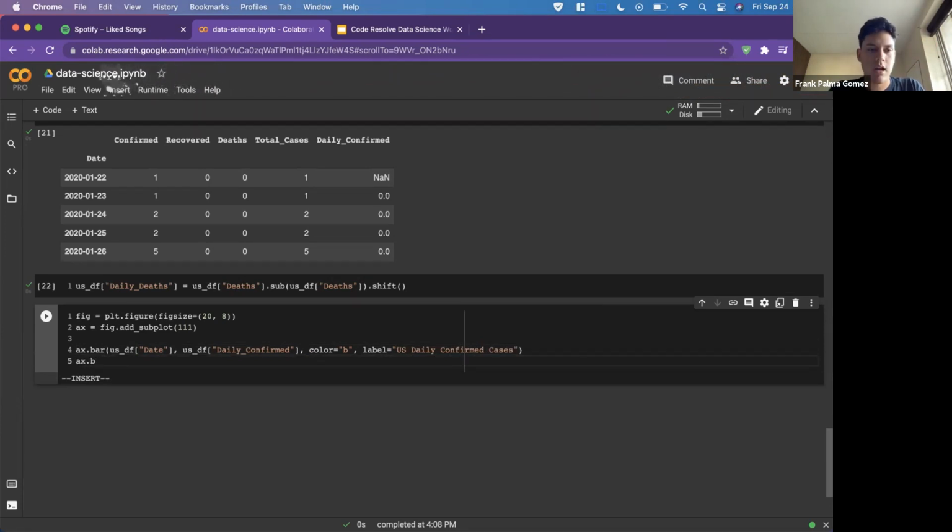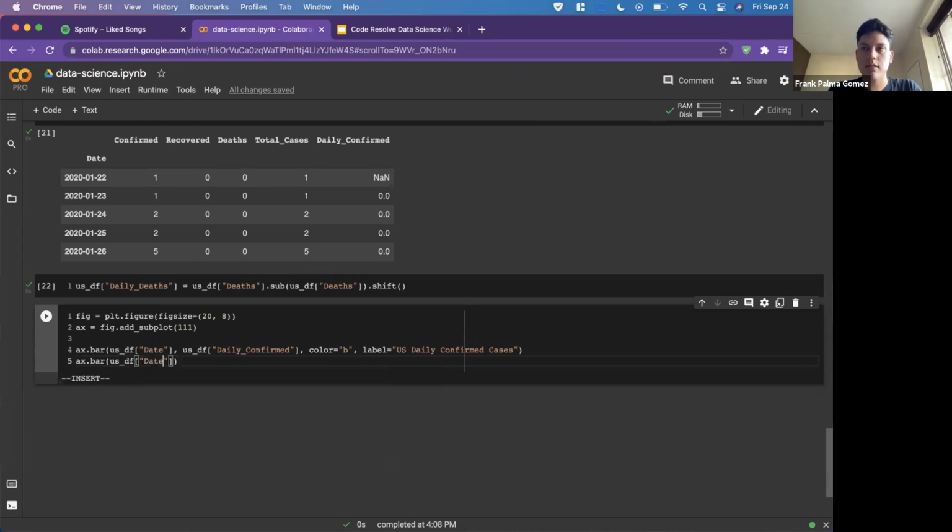So right now we have basically one distribution. You can think of this as a bar plot with multiple bars, right? Each bar will be a date, and the height of the bar will be the number of daily confirmed. So we're going to have multiple of these, 2 different of them. Then we create another one with ax.bar, and